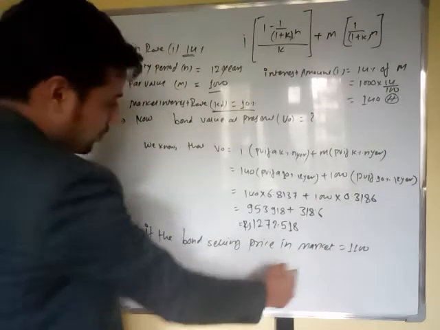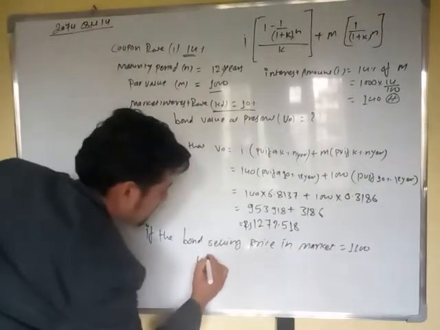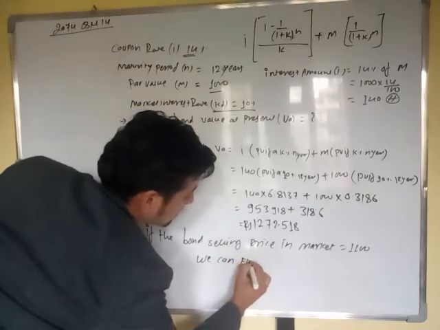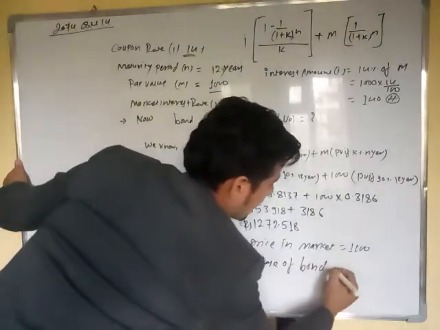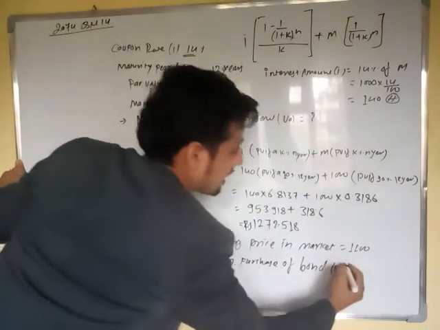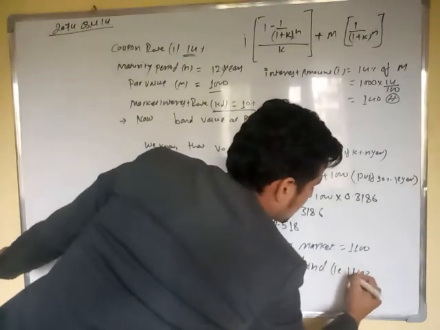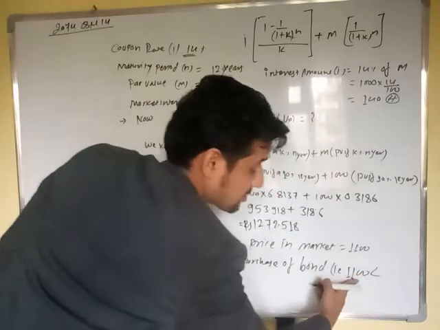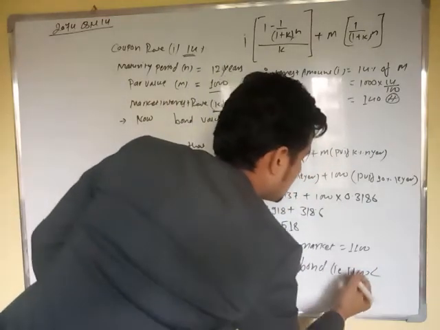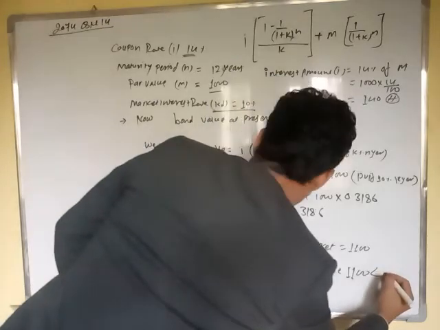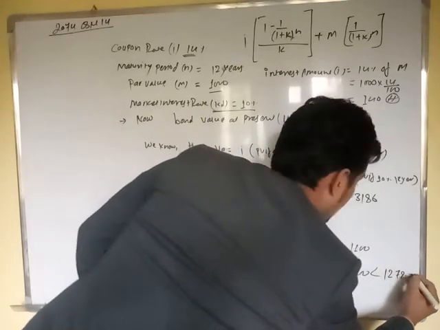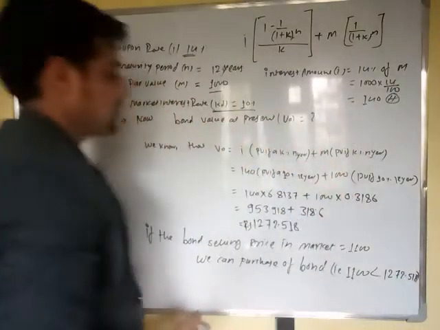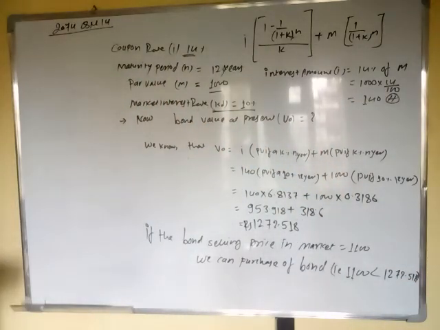Therefore we can purchase the bond, because the market value of 1100 is less than the current value of the bond, 1272.518. Okay, therefore this answer is enough. And next one,